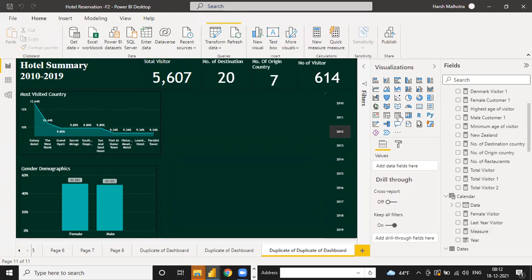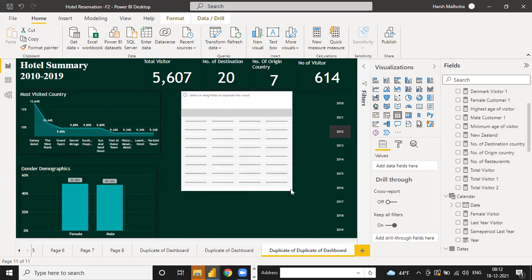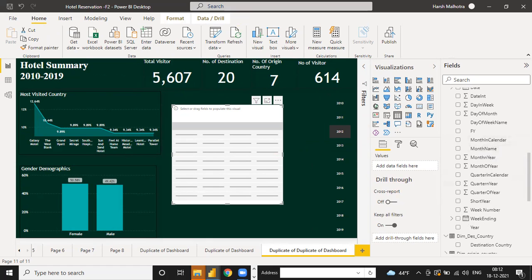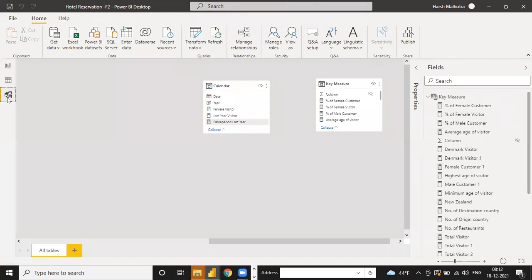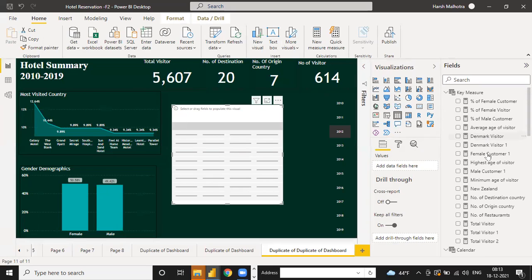So again, click one table. Maybe this one is correct. Okay, just check in which table we are making the relationship. Dates table.